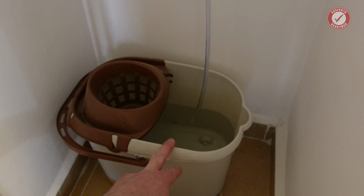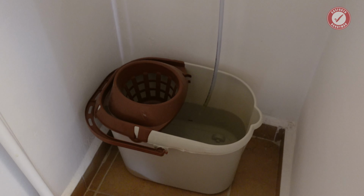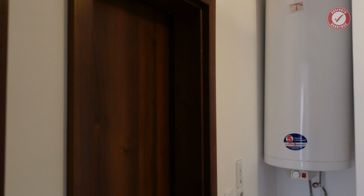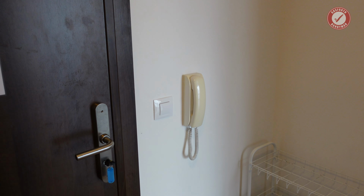I've emptied it once so far, so it seems to fill up about a bucket a week by the looks of it. I think the cleaners must just empty that when they're cleaning the apartment. I'll show you the bathroom in a minute, we'll come back around to that. We've got a door intercom just to allow people in, because obviously, as I say, this is effectively a standalone